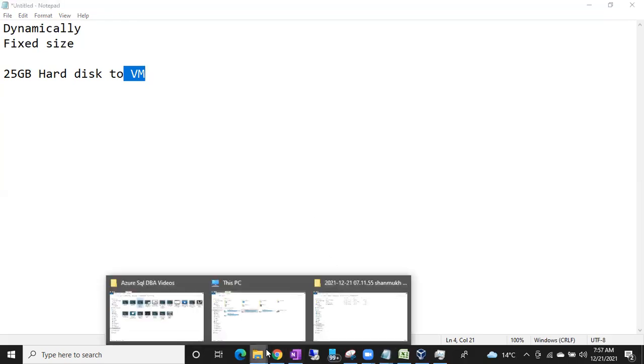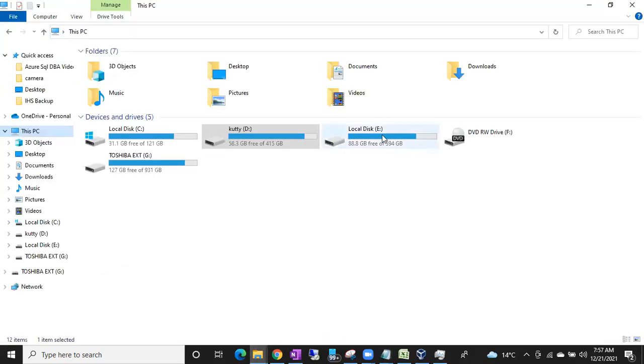drive? For example, I am creating a virtual machine in the E drive. I have 88 GB. If I choose fixed size of 25 GB, 25 will be deducted from this 88. How much will it be? 63, I guess, right? So you can see the free space is only 63 GB. Even though you are not using the virtual machine, it will block the whole 25 GB